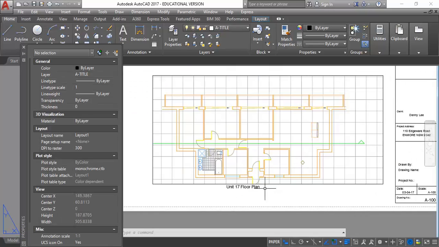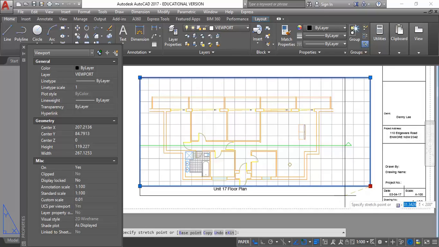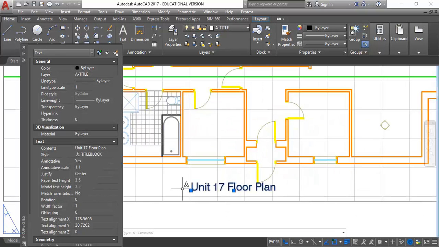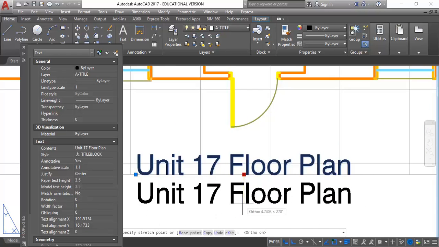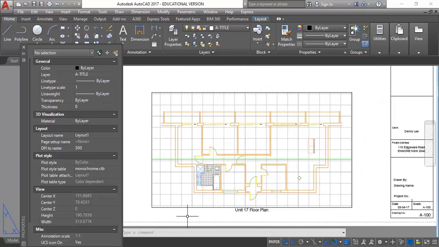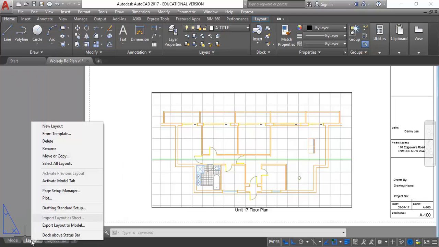Right, and then I might draw a line after maybe just changing the size of my viewport. Okay, so here I'm just trying to get that viewport set up, basically how it'll be for the reflected ceiling plan as well. So by putting the text there and adjusting the size, now I can save myself some effort when I copy this page. If I right click on the tab, move or copy,